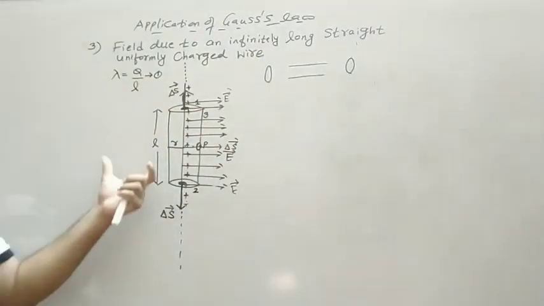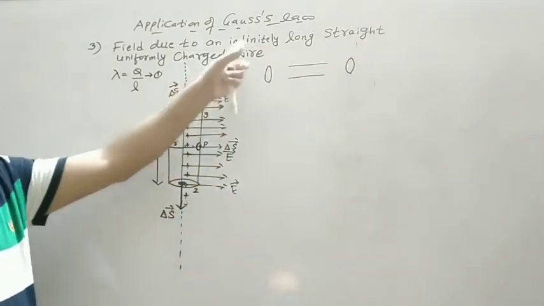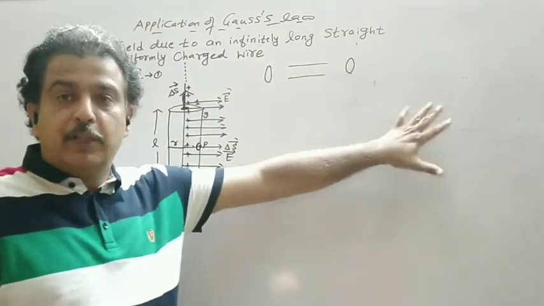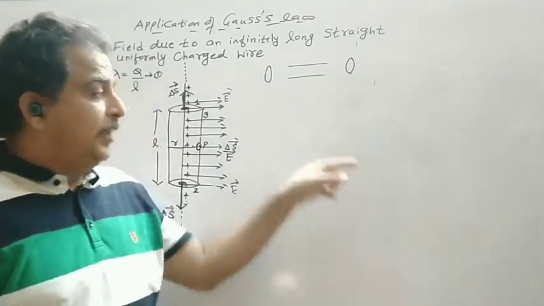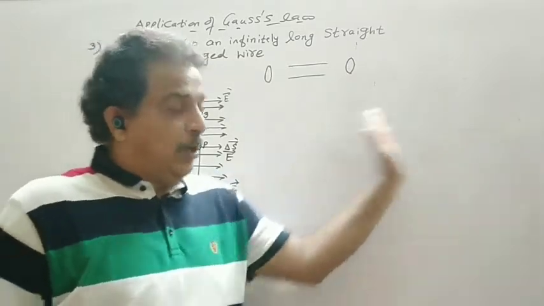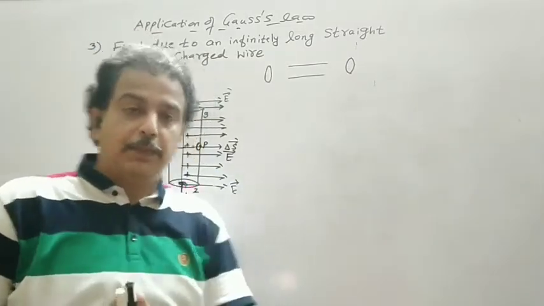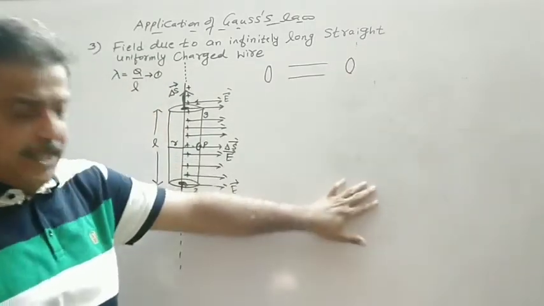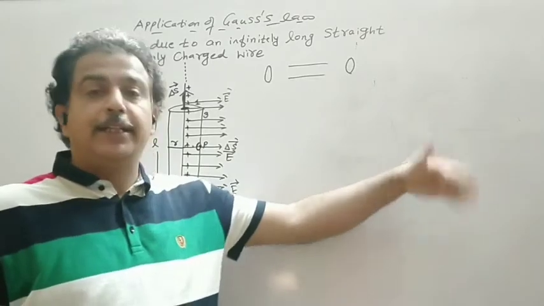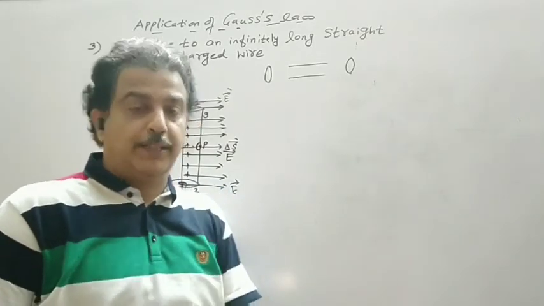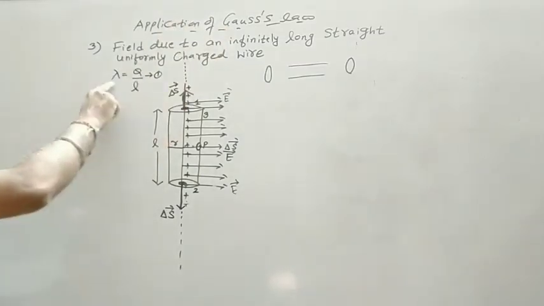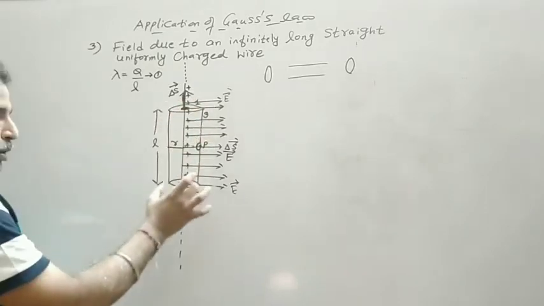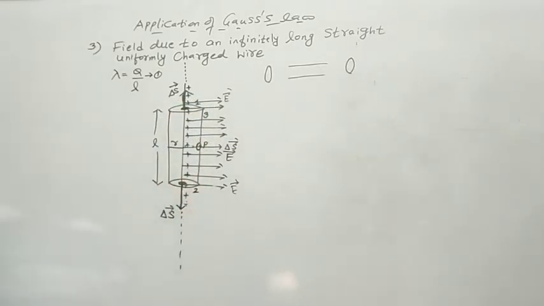So the electric field lines are radially outward for an infinitely long wire, that we understood, because the sine components, or the components normal to the radial vector, cancel each other, and the components which are along the radius add up, or if there are infinite elements, we integrate the cosine components of the electric field intensity. But we have to apply Gauss law. So first we define lambda. Now there will be one cylinder, another cylinder, another cylinder. So it becomes the length of the wire only.